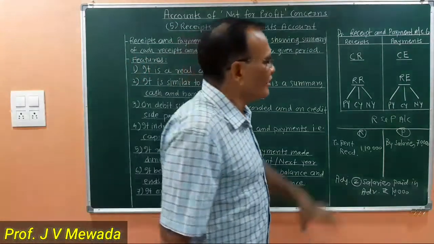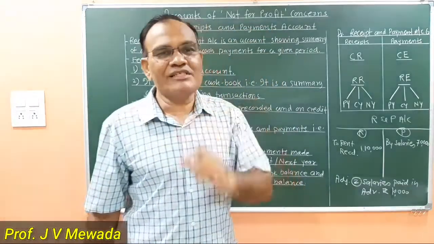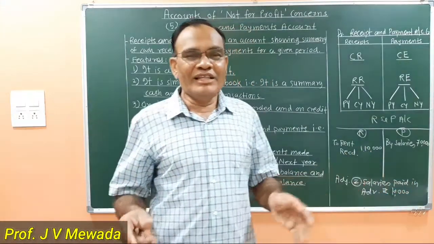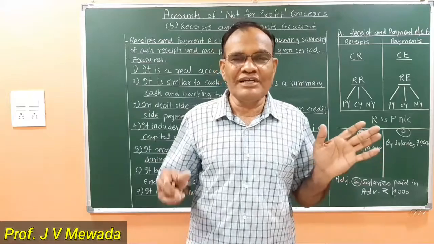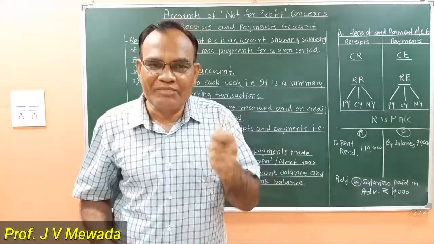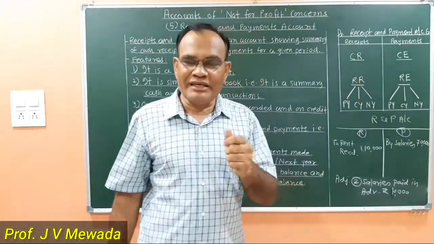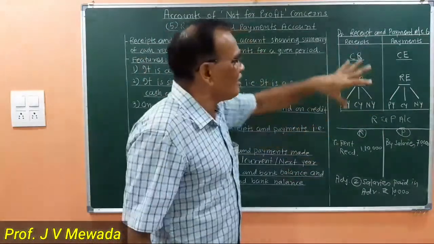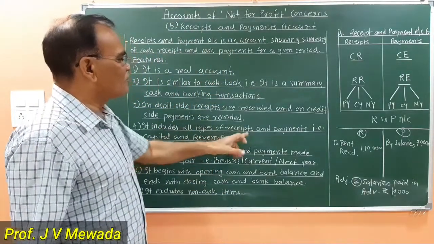Okay. Now this is the receipt side. On this receipt side, there is no difference whether I have sold an asset or I have received rent. Both are one and the same for the receipt and payment account. Because sale of asset is a capital receipt, which I am going to record, and receipt of rent is a revenue receipt, which I am also recording. It means it includes all types of receipts.